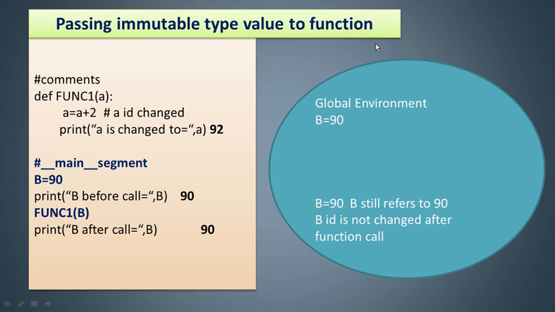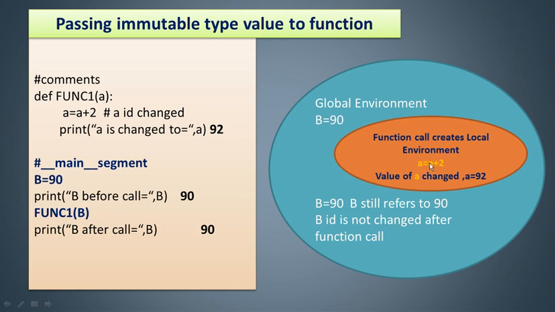So this blue oval shape represents your global scope or global environment. The entire program can be divided into two environments, outer and inner, and the complete environment is global. Here, for the statements which you write, the variable will have its own one copy, and if we change this copy, it will reflect to all the functions, all the program. Now this is the statement of your main body, and b was assigned 90, then b still refers to 90 after calling. Let us call the function.